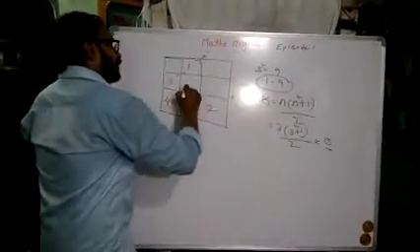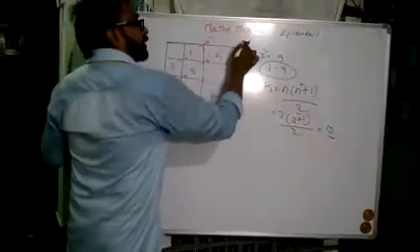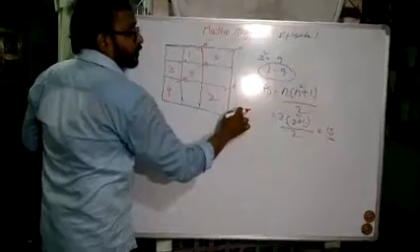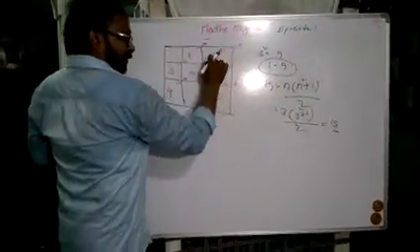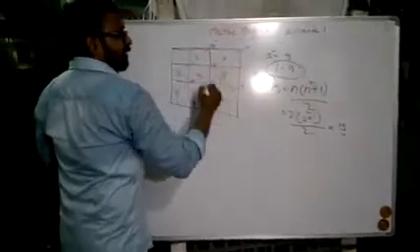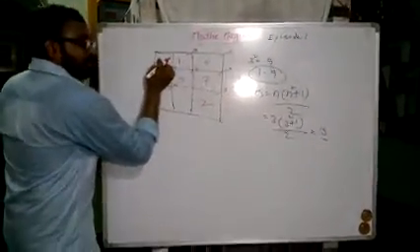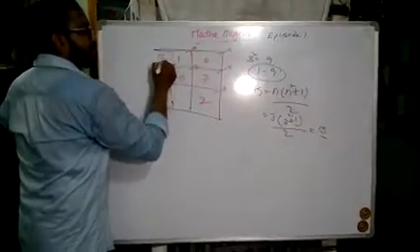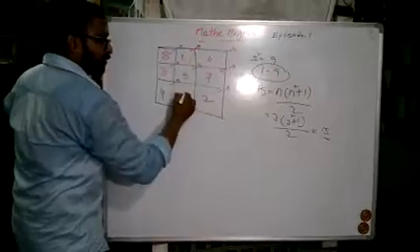4. Now go right upwards. 5, 6. And now go right upwards. There is no box. Even if we go down, there is no box there also. So that is why we have to fill the next number here itself. Now right upwards, there is no box. So that is why come leftwards to fill the next number, 8. Right upwards, there is no box, come down, that is 9.